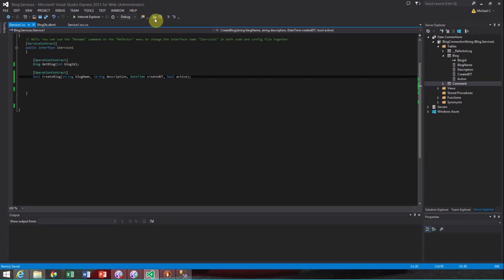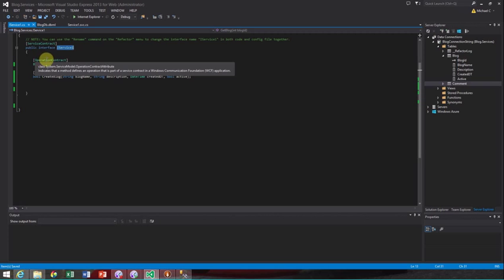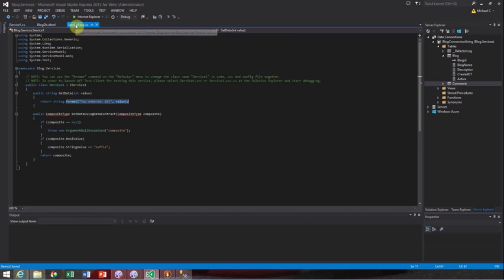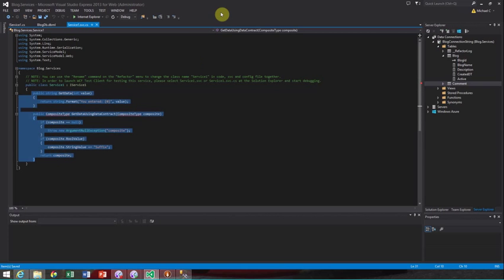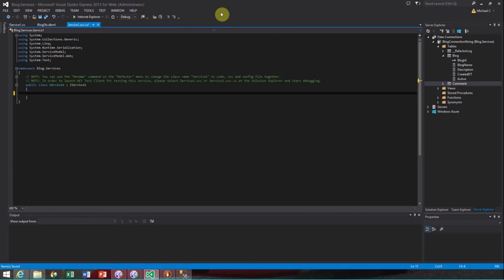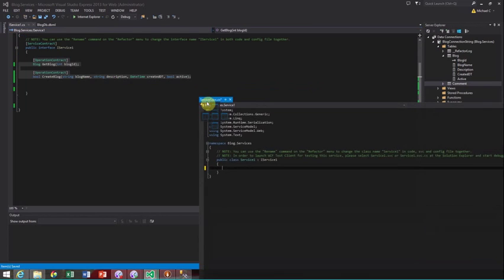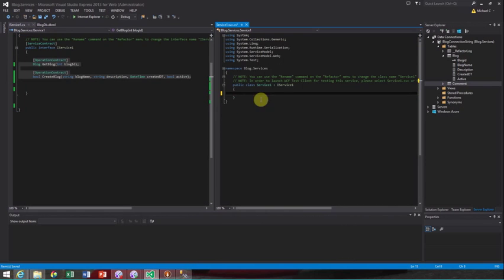Okay. So this is our interface. When the client goes out and searches and adds a service reference to his project, it's going to see that these two are available, right? And it's going to say, okay, I know what I need and I know what I'm getting back. So let's go to the service now, the implementation, and let's work on this. I'm going to delete these out that were the default. We're going to add our own, right, to match up to those method signatures. So under here,